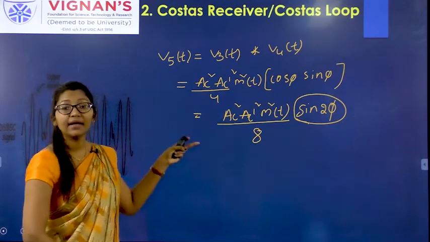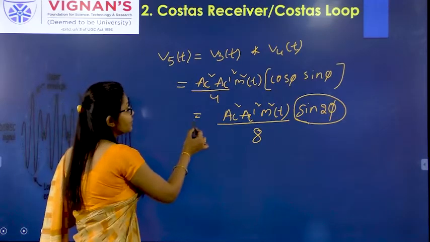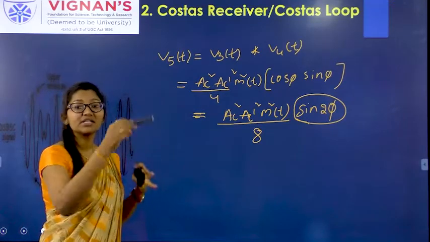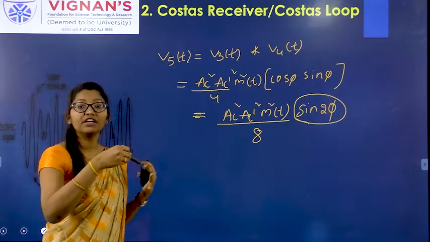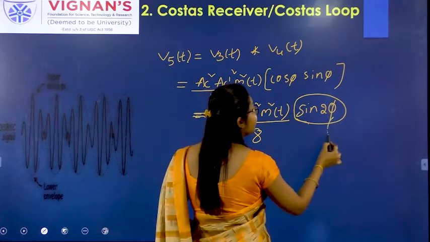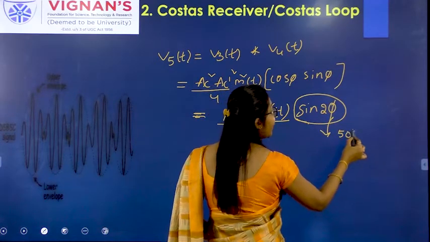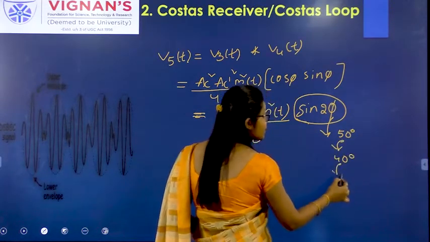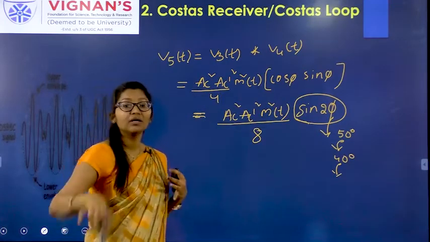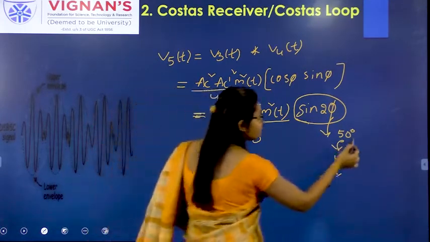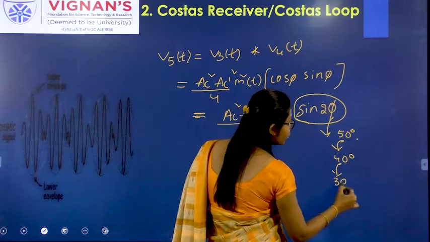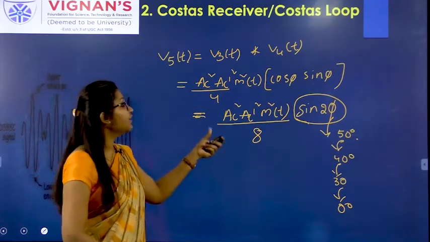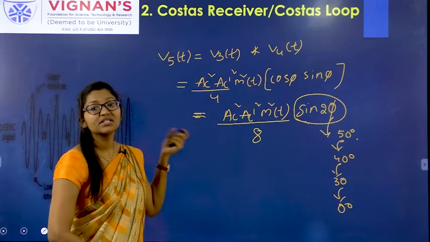So this will be eradicated by using the VCO. As this input is given to the VCO, the VCO will produce some frequency. Likewise it is in feedback form. So in that feedback it will be reduced. Your pi value will be reduced. Suppose it is 50, in the next feedback it will be reduced to 40. Likewise, because we are connected in feedback, the loop will keep running. So 50 will go to 40, 40 will go to 30, and finally it will reach 0. Finally it will make the phase error 0 by using this VCO.